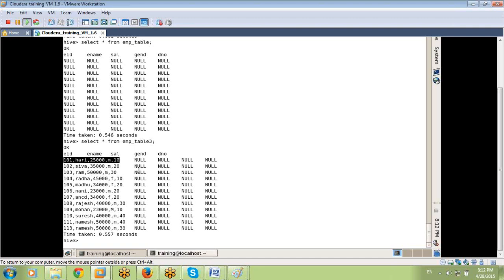Okay. And yesterday I told you Hive follows schema on read only. Hive does not follow schema on write. Remember, this is the point. At the time of writing, verification is not required. If you mention string, any type of data you can easily store in string format. Clear as of now? Yes. Okay, fine.